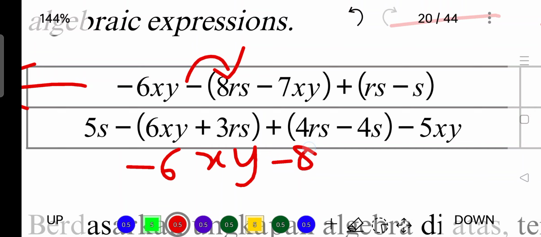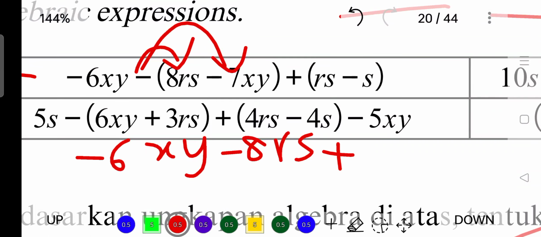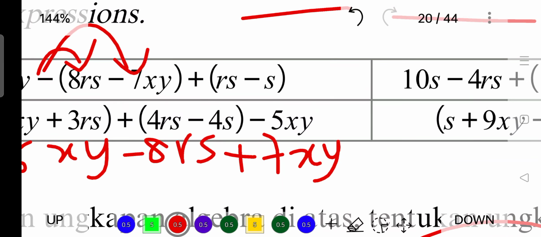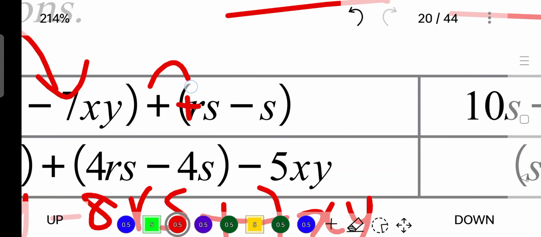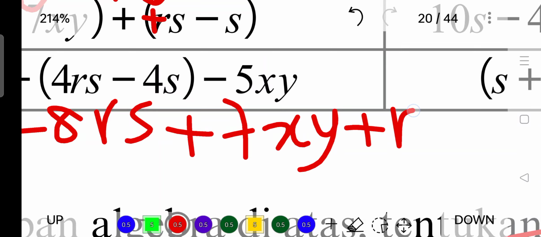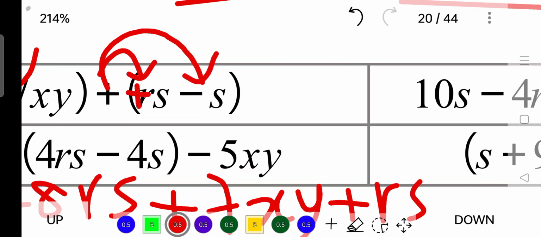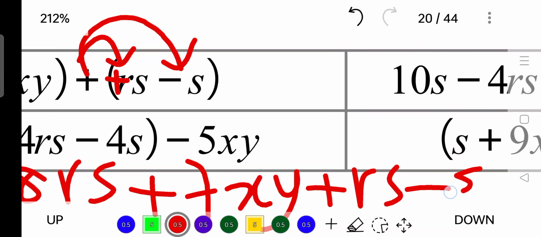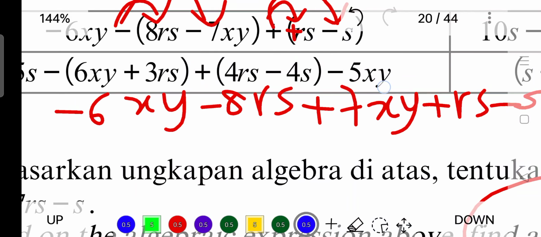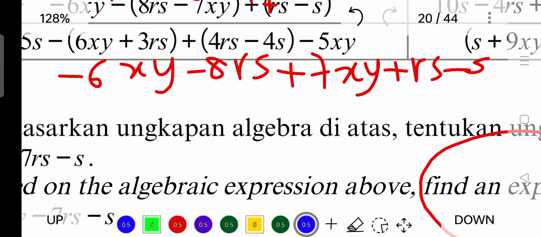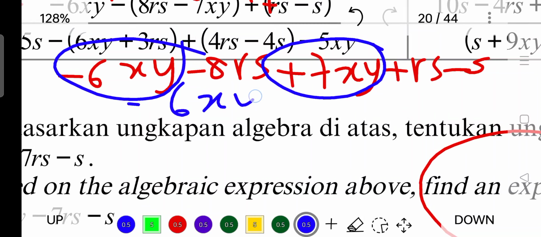Okay, and this is the distributive law, right? There's one question, part A, as this. Negative is positive, so once I multiply in, the bracket will be gone. Here is plus, positive is plus, positive, negative is negative. Now I have to gather all of the family members together, which is this and this. So negative 6xy plus 7xy